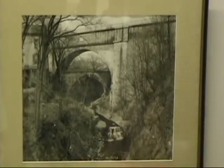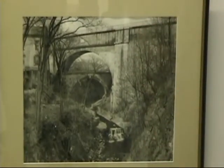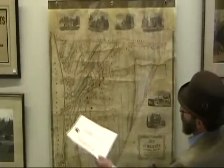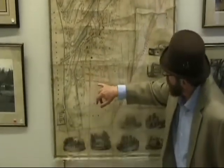And so again, this is about 1900, pretty much the same location. This map, a lot of people want us to reproduce it, but they'll probably get sticker shock when they find out how much it costs. But this map of Sing Sing is 1852, and if you start looking at the Double Arches, you can see all the properties that were owned, and also a lot of these streets have changed names